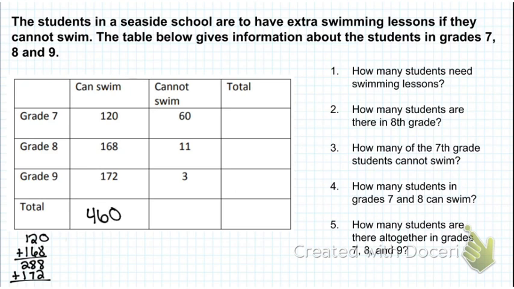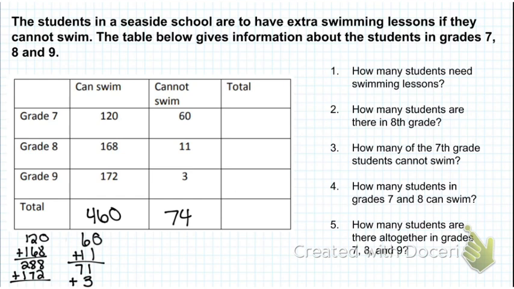Okay. Then under the ones that cannot swim, I'm going to add those up. So we got 60 plus 11. That's going to be 71. Then we take that 71 and add 3 to it. That total is going to give me 74. So I'm going to put 74 here. Okay, so now that I filled in those columns all the way down to the total,